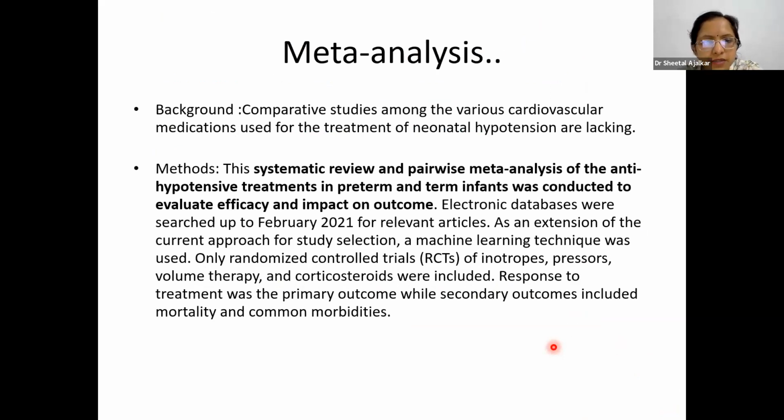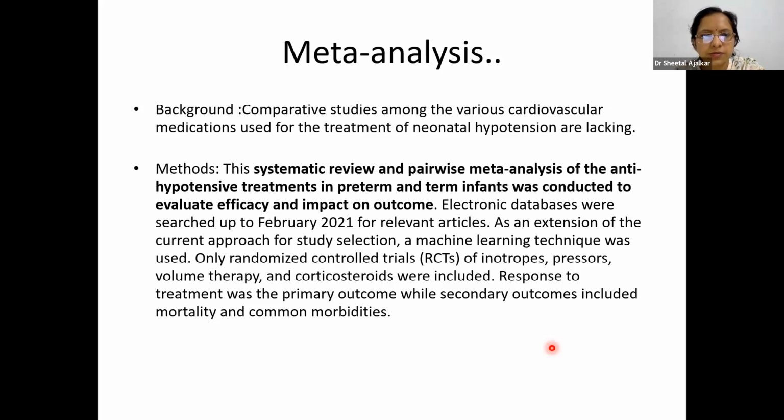Sorry, the slide is not here. The analysis showed again the same thing, that dopamine increased the cardiac output and was helpful in states of low blood pressure. But for hydrocortisone, milrinone, vasopressin, and epinephrine there was not enough evidence for recommendations,